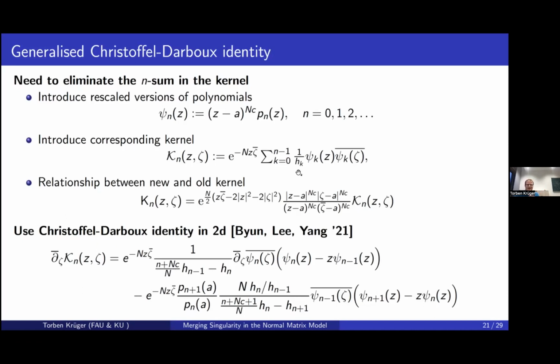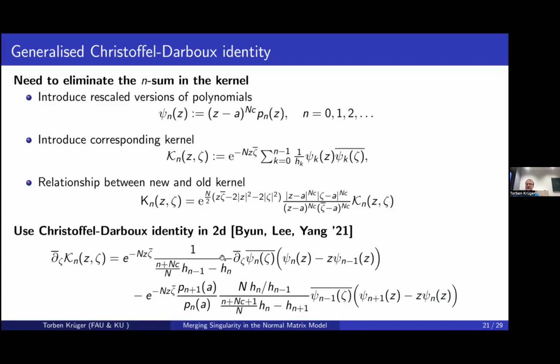So let me recall that the main problem if one wants to compute the asymptotics of this kernel is that there's a huge sum of orthogonal polynomials here. And not only do you have to understand the asymptotics of the orthogonal polynomials, these are these PNs, they're just multiplied by some factor here to generate these extra functions psi. So you have to understand how these orthogonal polynomials behave as n tends to infinity, but you also have to sum n of them. And that's of course not very pleasant. So then the question is, how do you do that? And